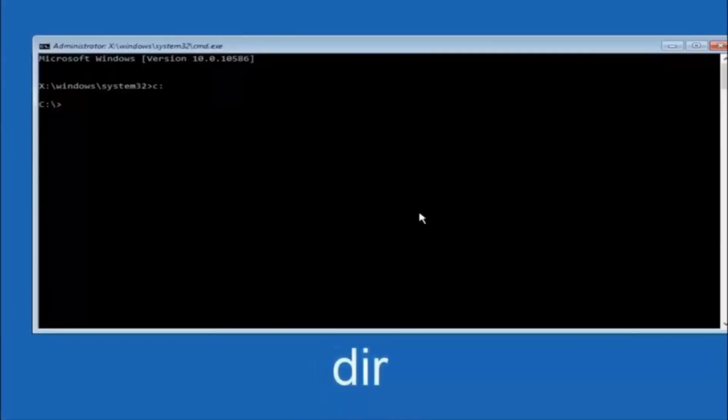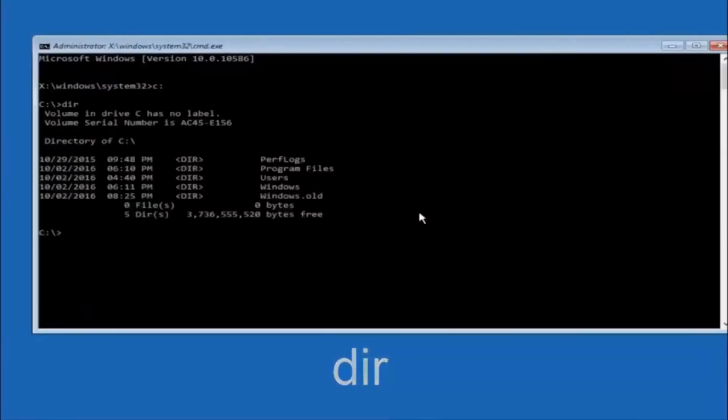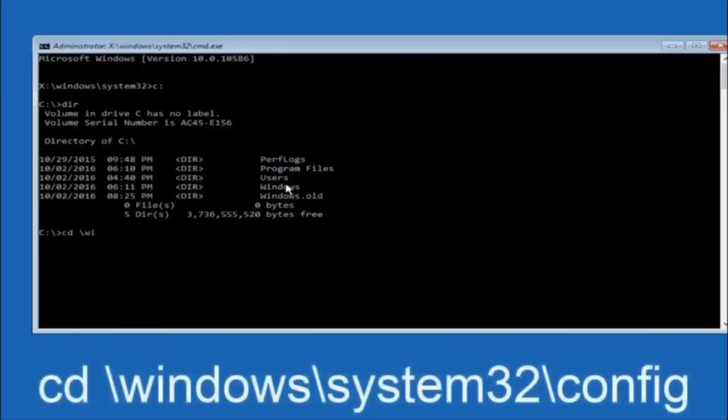So once you're underneath the C drive, we're going to type in dir and then hit enter on your keyboard. It should have program files, users, and Windows all in there. That's how you know you're in the right directory. In some cases, it might be the D drive as well, so just keep that in mind. Next thing we're going to do is type in cd space / Windows / system 32 / config,